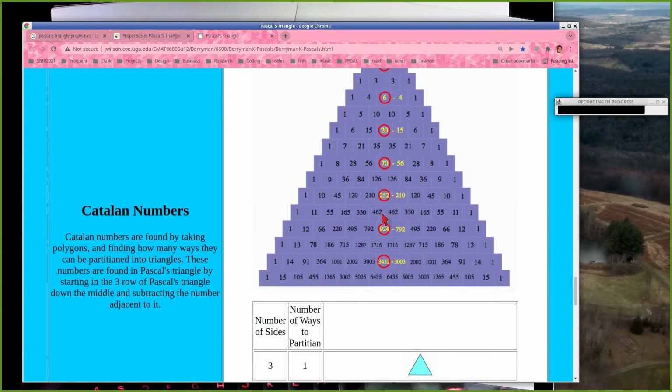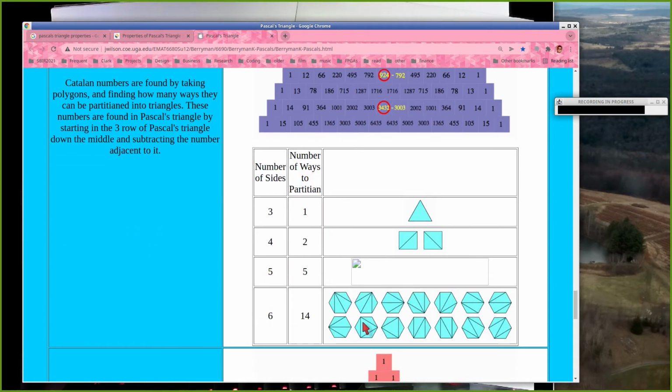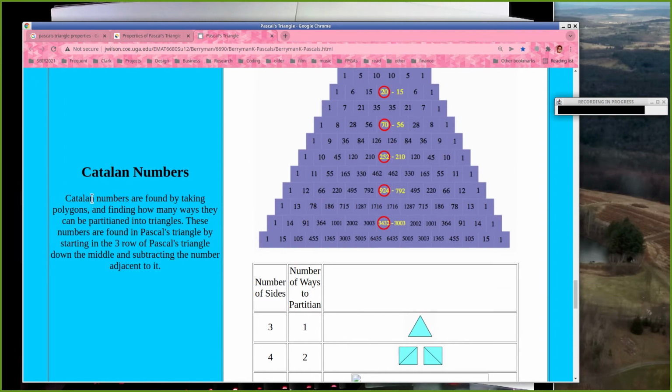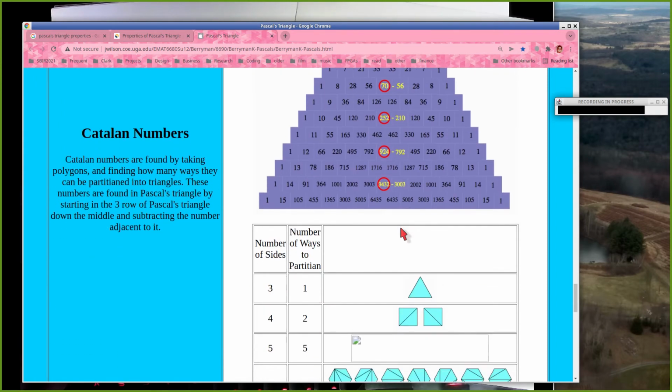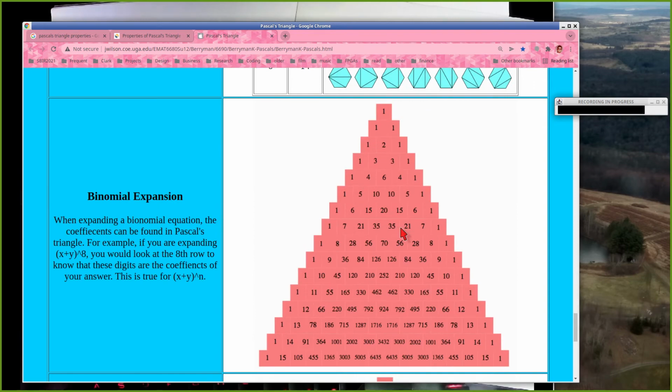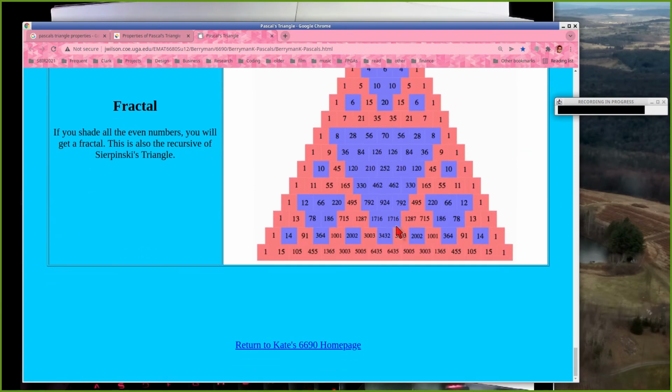And there's other things in there, right? How many ways you can split a polygon into triangles, and that's called a Catalan number, and Catalan numbers are contained inside here. I have no idea why these things are. There's the binomial expansion. And there's